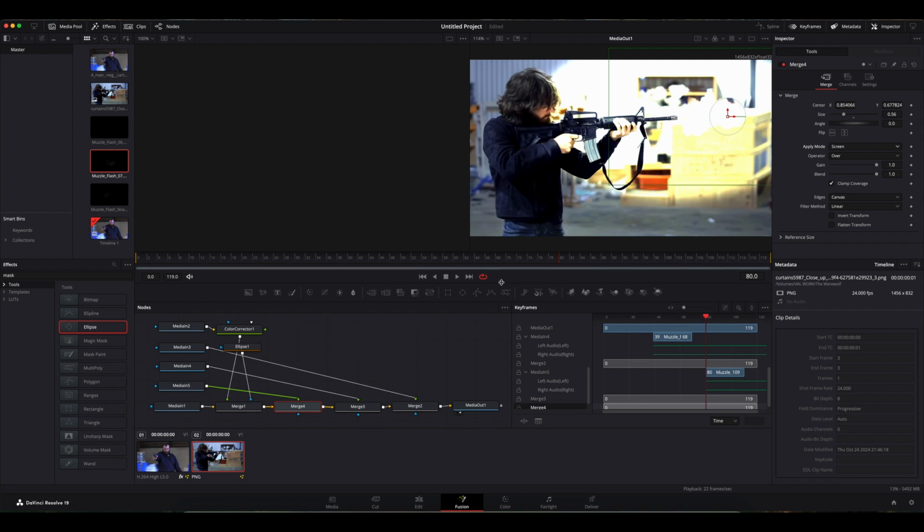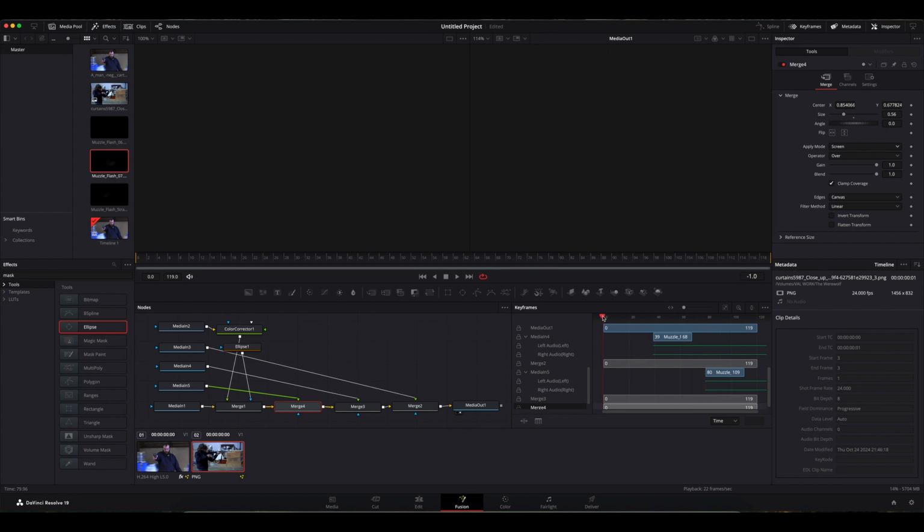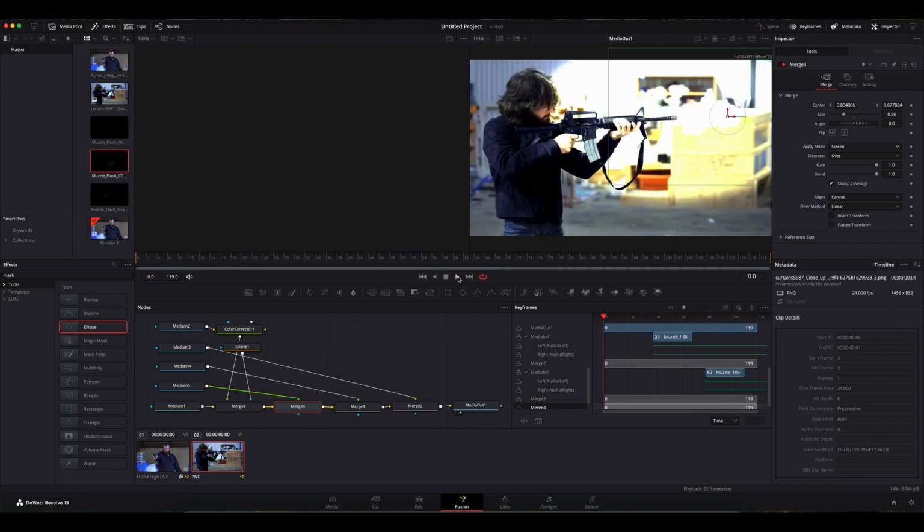So if you were to see it play, it would look like this, which is not what we want, but I just want to show you. And I've already got it to where it goes in loops, okay? Look. You see those muzzle flashes go off, but, okay, you don't want that. So what we're going to do